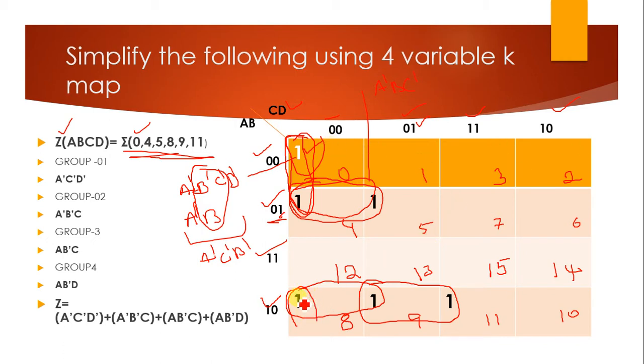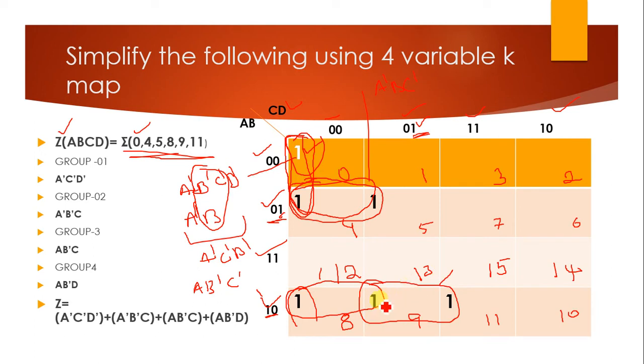Similarly, you have this group number 3. What do we have? We have 1 and 1 in the combination, whereas A and B dash will be there, because that is the thing. Then here also the D value is changing, that is A B C dash. Like this, make the group number 4.